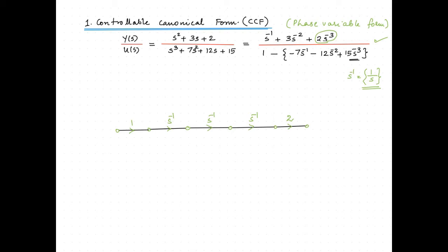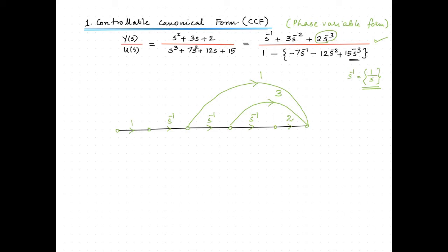Now we try to utilize these integrators for forming the other paths also. We can't use different integrators because as per the transfer function it is of order 3, and we can use only 3 integrators. So we need to utilize these 3 integrators to form the other paths and loops also. So this is 2 s raised to minus 3. We can use these 2 integrators with a gain 3. So we have a path with gain 3 s raised to minus 2, and we also have a path with gain 1 s raised to minus 1.